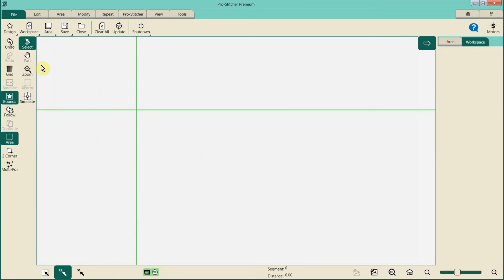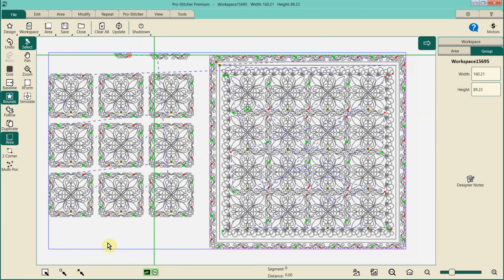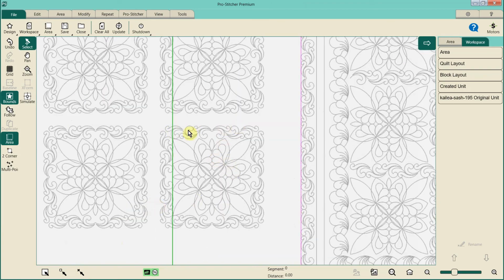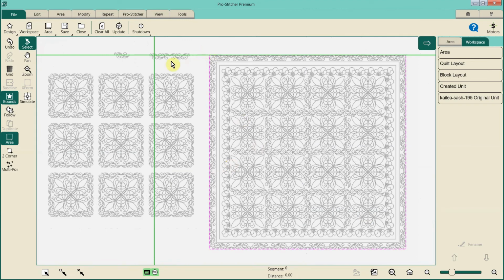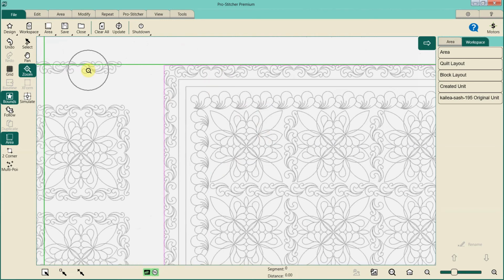So again, let me open up that workspace so that you can see the design I just created for you, and I used it as a frame and put another block on the inside of it. Over here on this quilt layout that I did really quickly, I used that design I had created as a border. Now, it's very important to understand that in this particular situation, this pattern I created ends up not being a point-to-point pattern. Even though I used it in the border, I repeated it and repeated it,